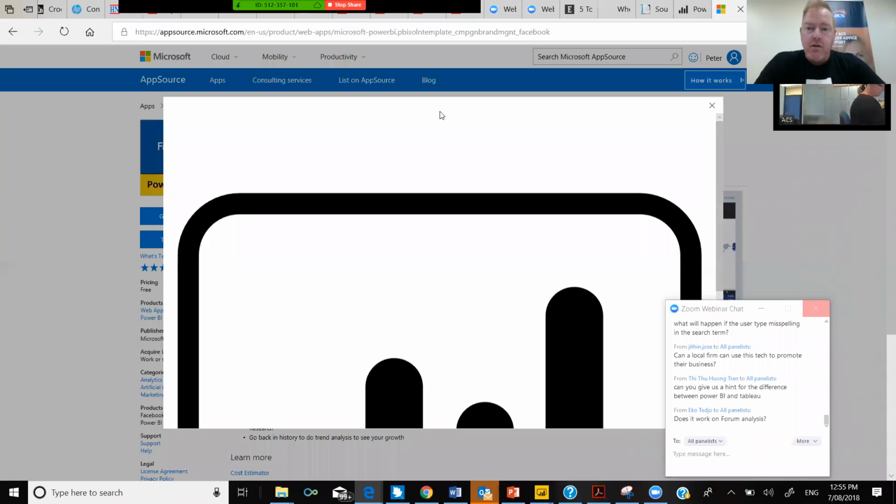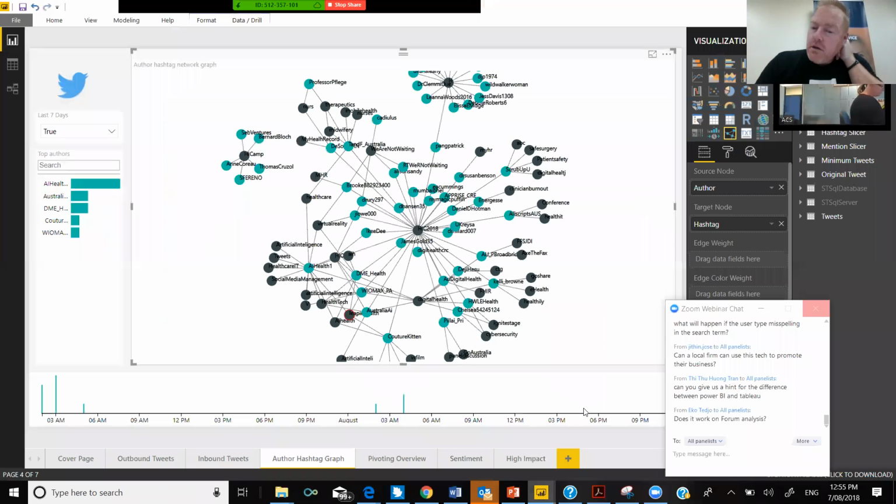Can I give you a hint for the difference between Power BI and Tableau? Power BI and Tableau are both what I call data visualization tools. They both install on your desktop and allow you to do powerful analysis. Power BI runs on Windows, but Tableau runs on the Apple Mac and Windows.